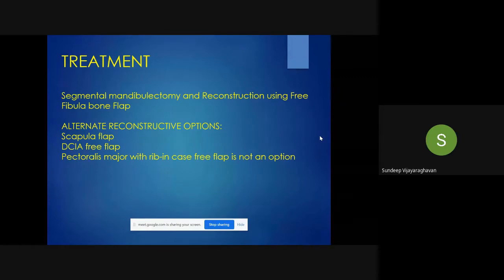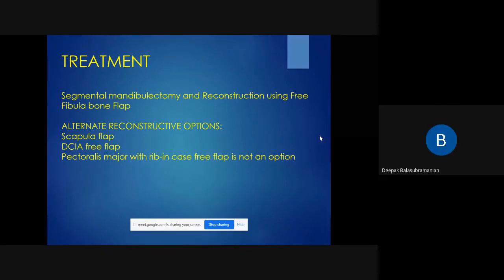So your points are right. Abdominal wall weakness is a big issue. Lymphorrhea and seroma is a big issue. Bone pain is a big issue. And lateral cutaneous nerve of thigh is another big issue. And the fifth issue is you cannot osteotomize the DCIA, correct?